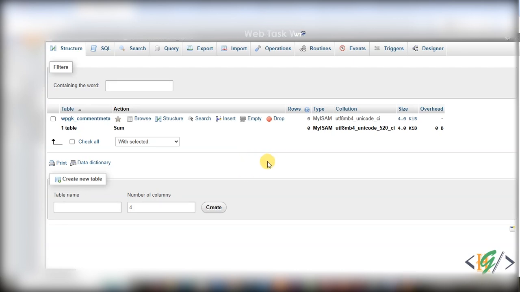Bismillahirrahmanirrahim. Assalamu alaikum. My name is Hassan and today we are going to create a table in a database using a MySQL query